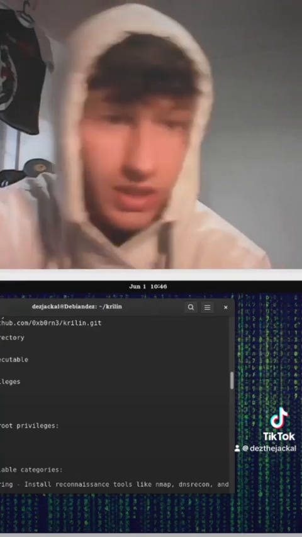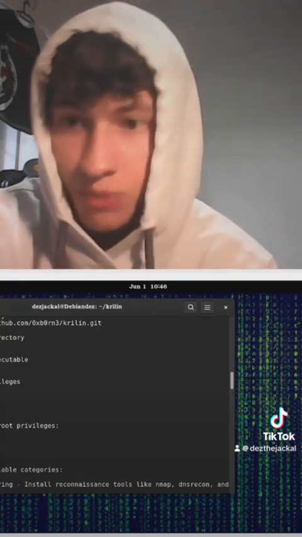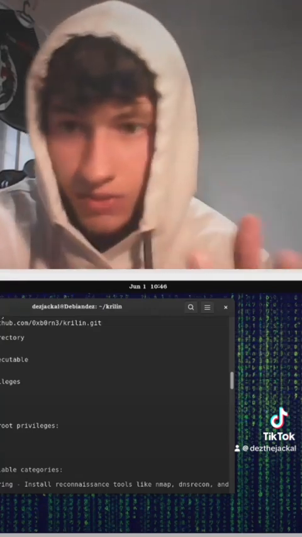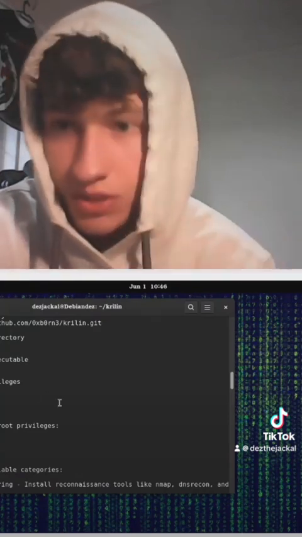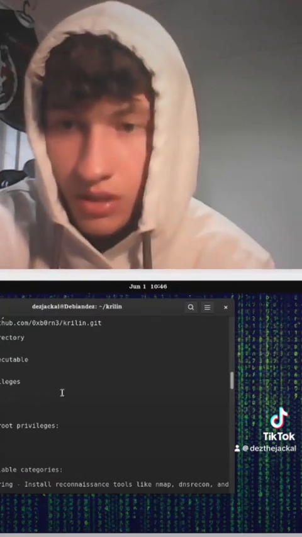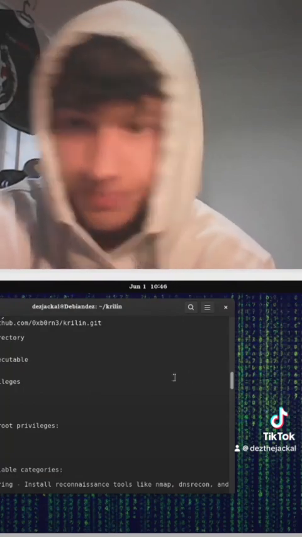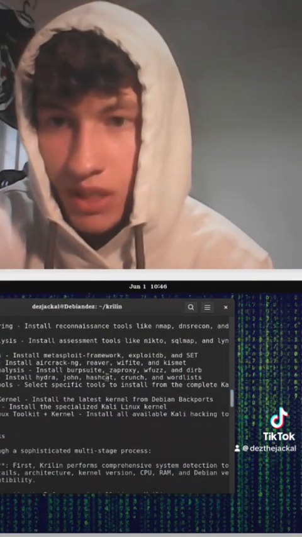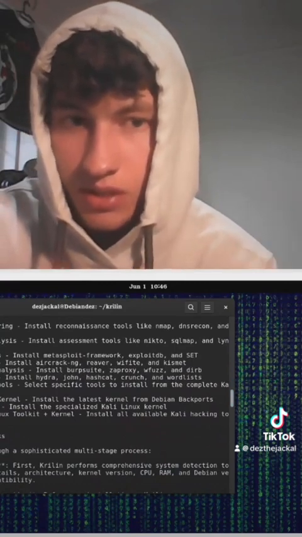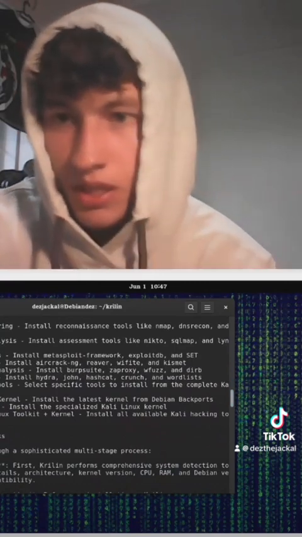Okay, so you're gonna use chmod +x and then space run, and then to run with root privileges you're gonna use sudo ./run.